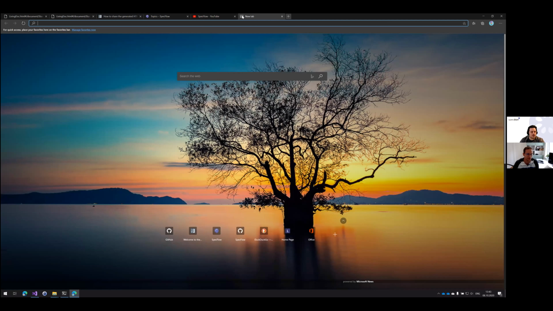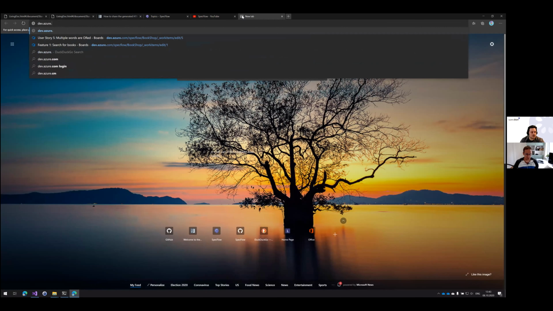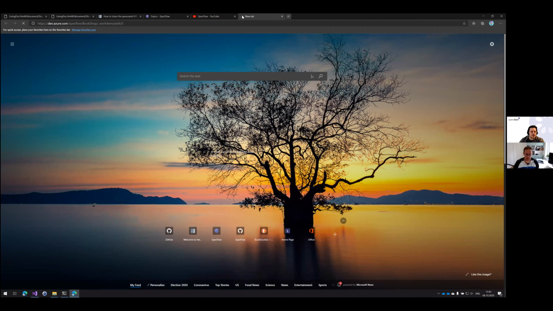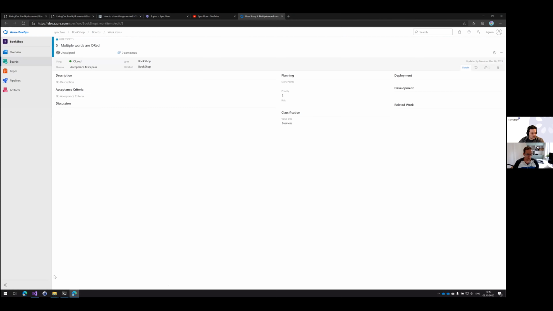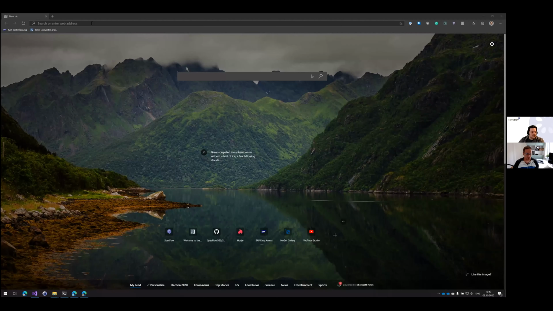Let me quickly open the. Okay, I have to stop screen sharing for a moment. I have to open another browser, and I don't know what is open there. Nothing is open there. Good. Share screen. So